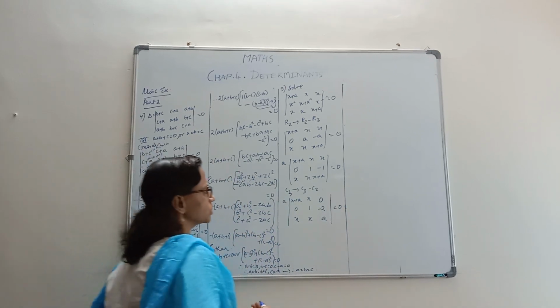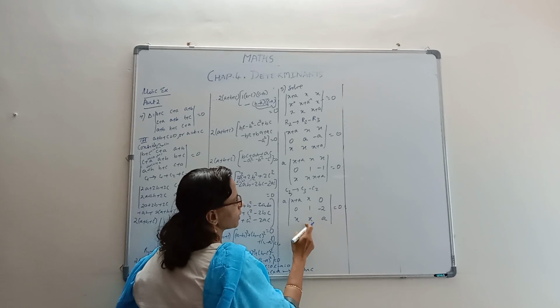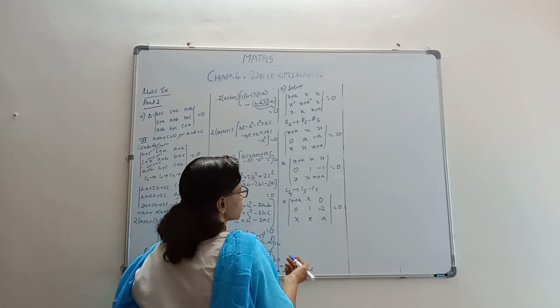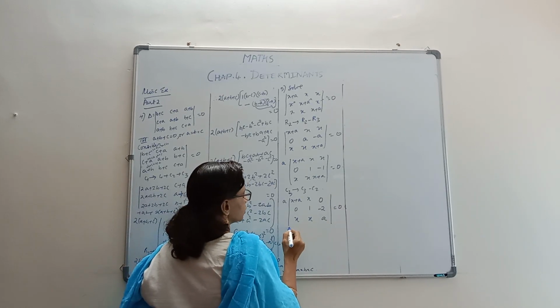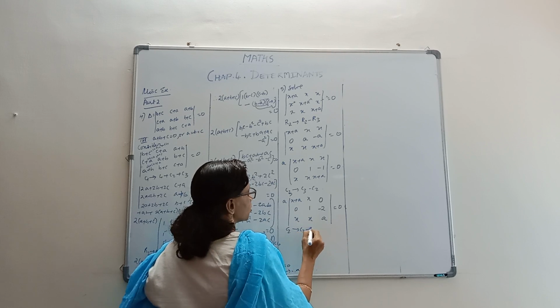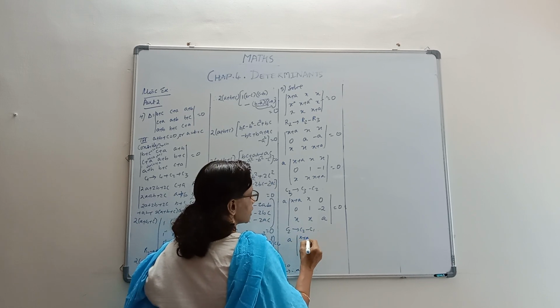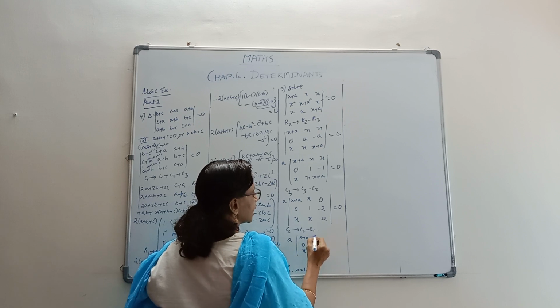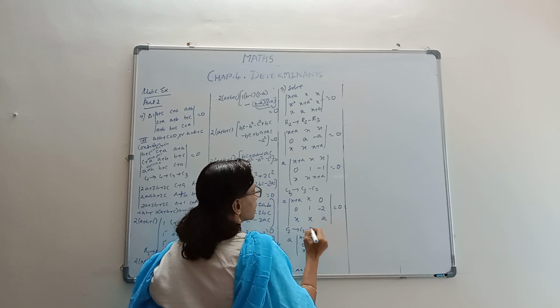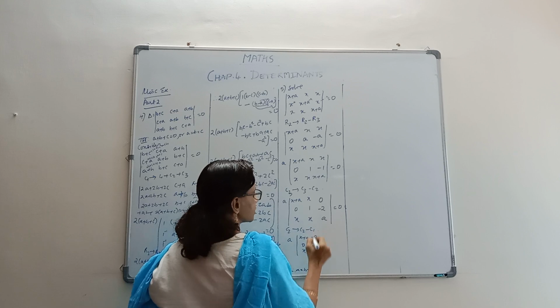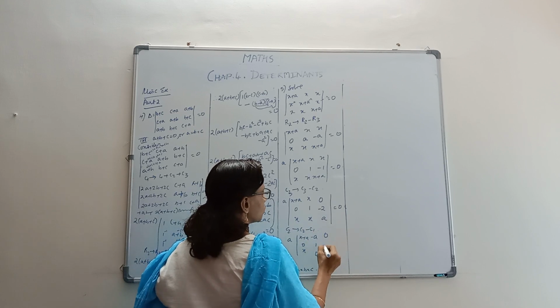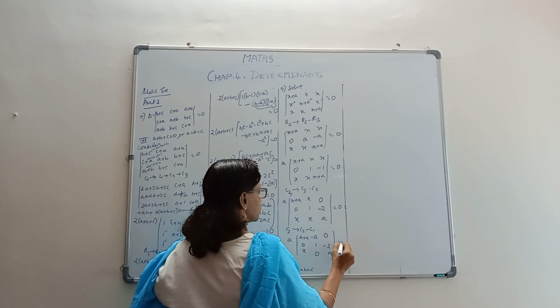If you want, we can solve further. We can have this subtracted. Otherwise, we can solve. If you want, you can do C2 becomes C2 minus C1. So that will be x plus a, 0, x, a, right? Minus a. And this is 1 and this is 0. One more 0 will come. 0, minus 2, a equal to 0.